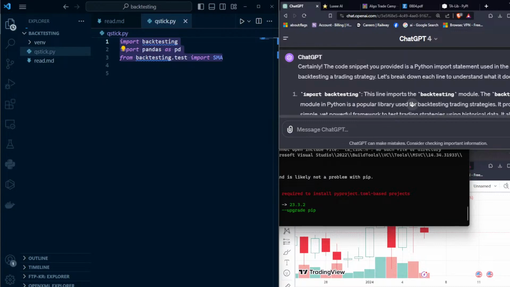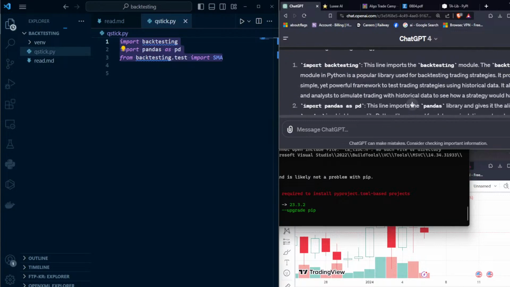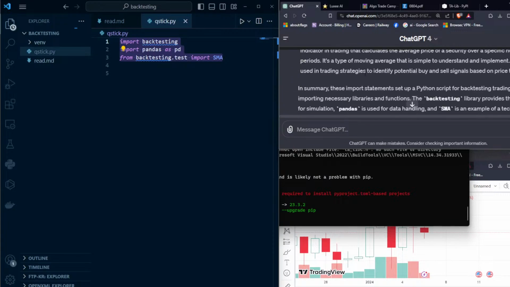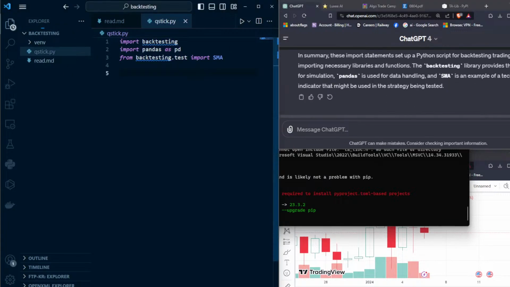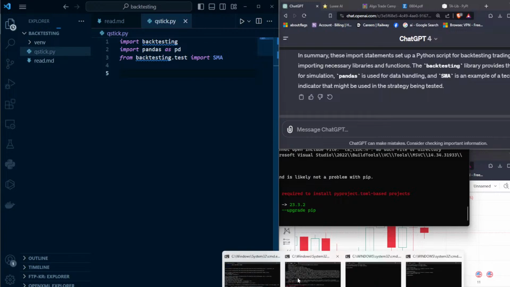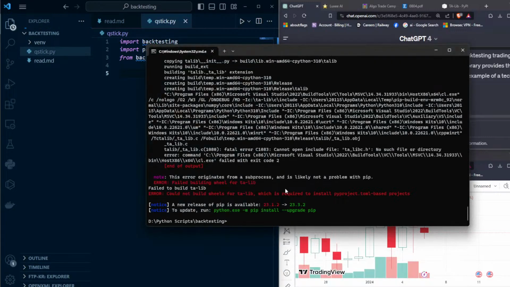For backtesting, this line imports the backtesting module. The backtesting module in Python is a popular library used for backtesting trading strategies. It provides a simple yet powerful blah blah blah. It's just explaining to you what these lines of code do. So these are outliners. It's saying unknown word because I'm gonna run that code while activating the virtual environment that I downloaded